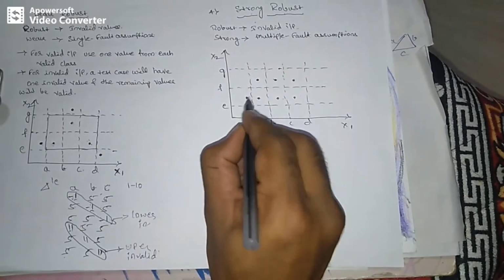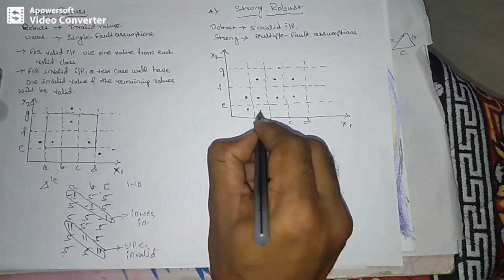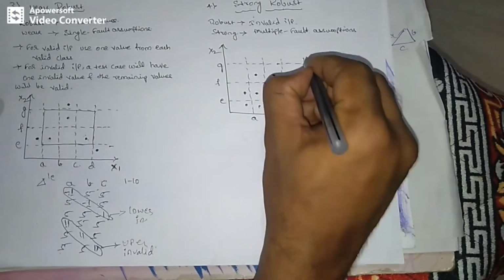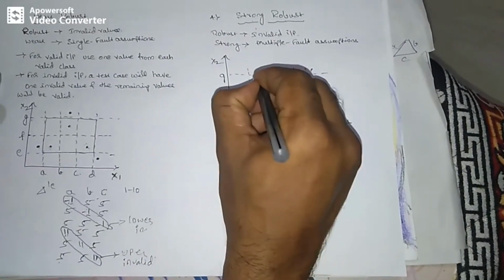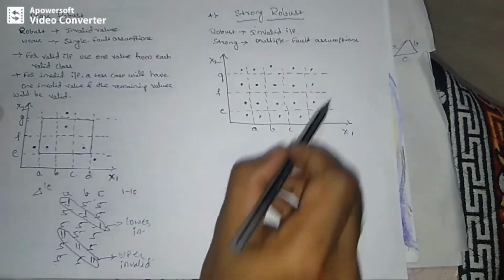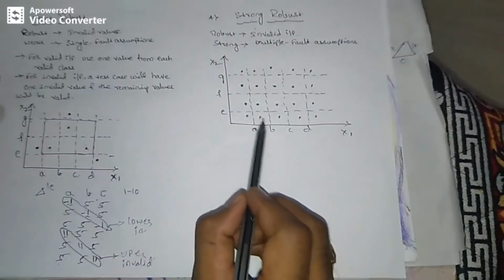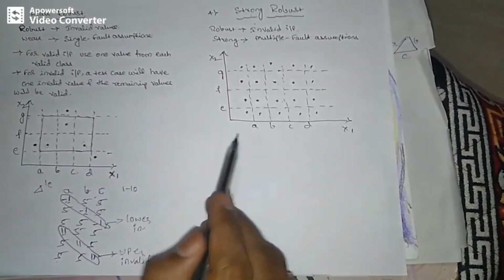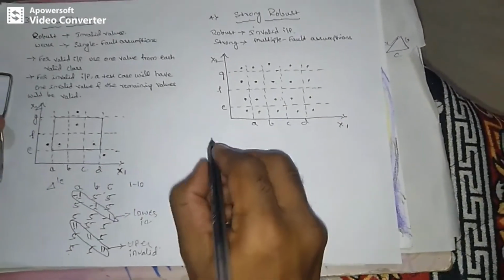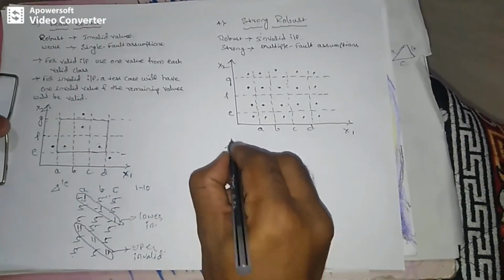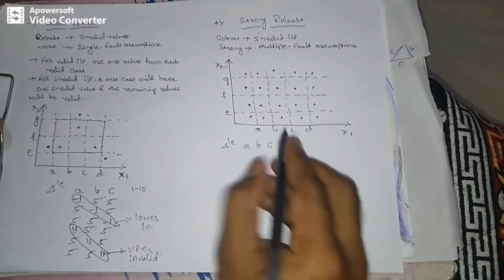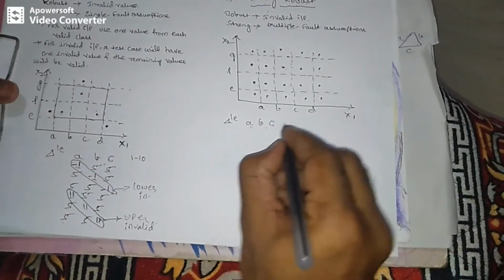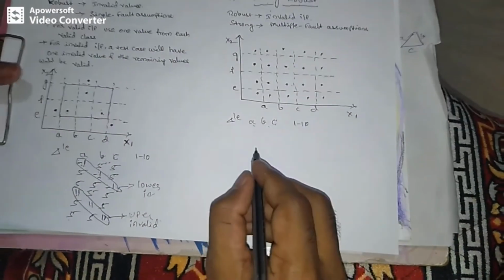For this partition I have to select one invalid input. So for this valid input, this becomes an invalid partition, and this becomes an invalid partition. Similarly, I will select all the partitions that act as invalid partitions. Now you can see this is the diagram for strong robust. Here all these partitions are invalid partitions for valid input variables. Now I will give one example with the same triangle problem. If you are writing test cases under the strong robust for the triangle problem, A, B, C will be the inputs, and 1 to 10 will be the lower and upper limits.